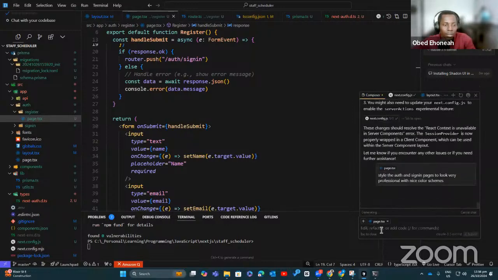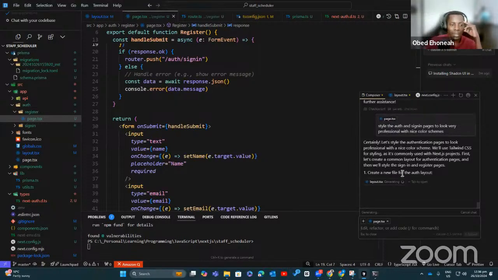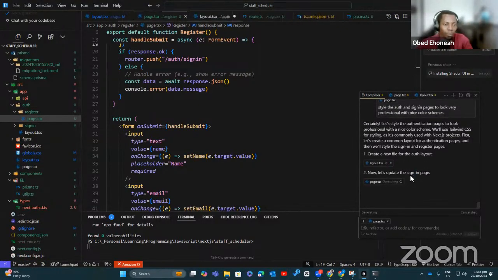Let's just try that. Let me see. I should have added a sign-in page, but it knows it, so it should go and look for it as well. I hope it didn't create a new file.